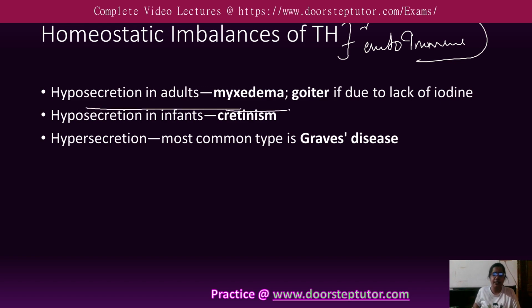Hyposecretion in adults causes myxedema, that is due to lack of iodine. Hypo means a lack of T3 and T4. But when we are talking about the hypersecretion,